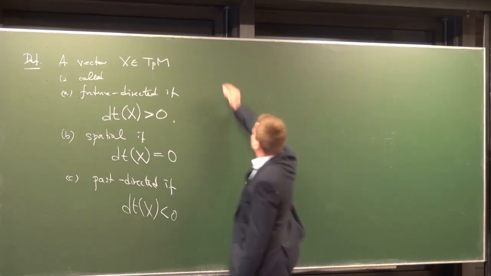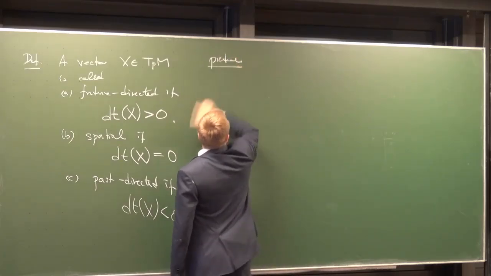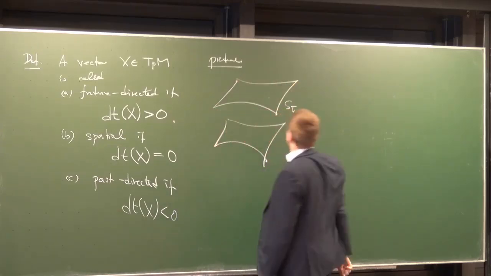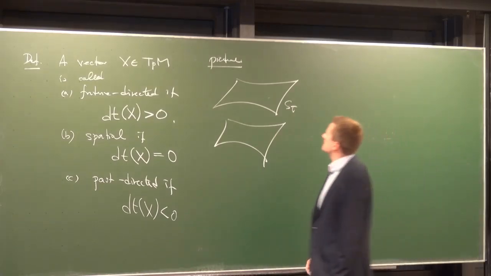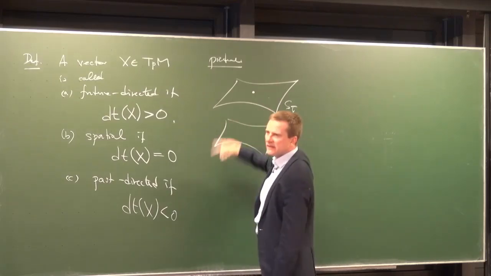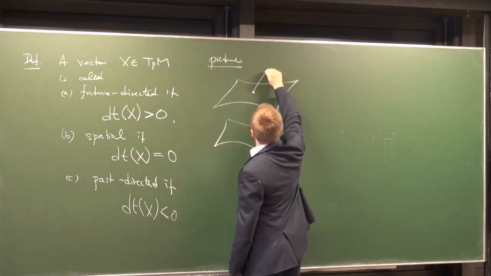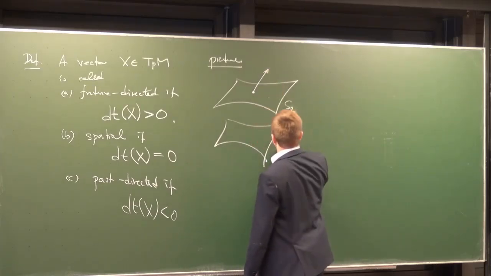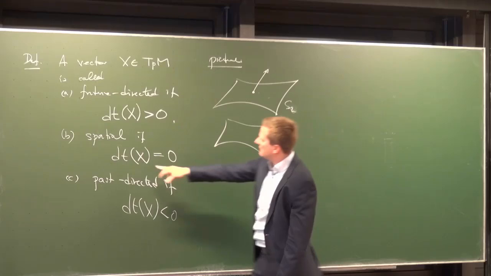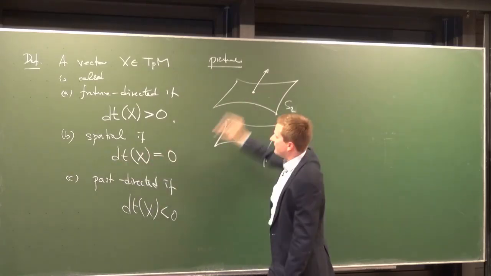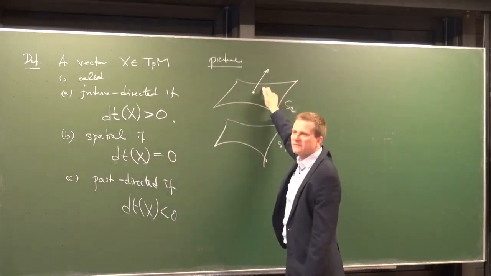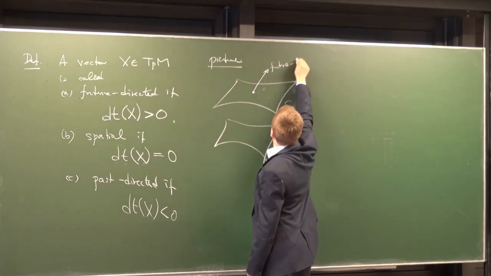What does that mean? Picture. You have the level surfaces of your absolute time function, which are called the absolute space at the various times. And you now take a point in one such absolute space, which however is also a point in space-time. And you have a space-time vector, say this one. Well, now it depends on whether this is S2 and this is S1, because then time increased from here to here. And then the gradient of the absolute time function, which is a covector field, applied to this vector at this point, yields a positive number. So this one is future-directed,